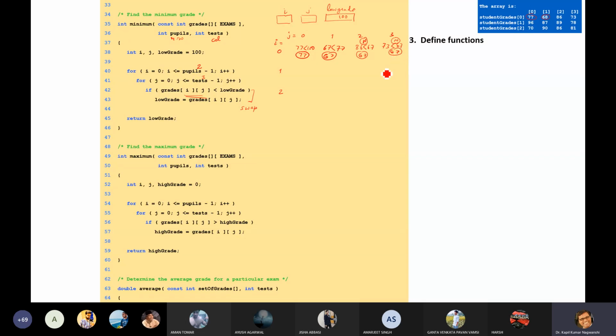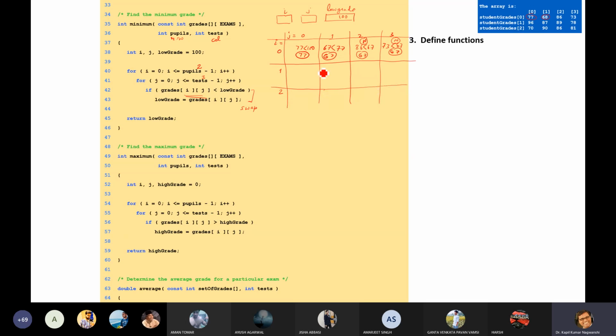Still 67 is in the lowest position. Fine. So we have executed for i equals to 0 and j equals to 0, 1, 2, 3. So the inner for loop is executed. One iteration is completed.